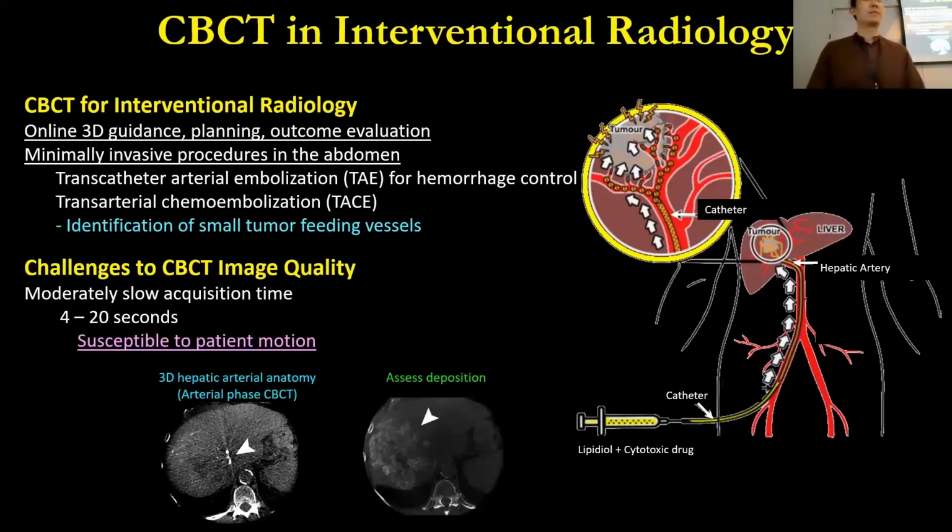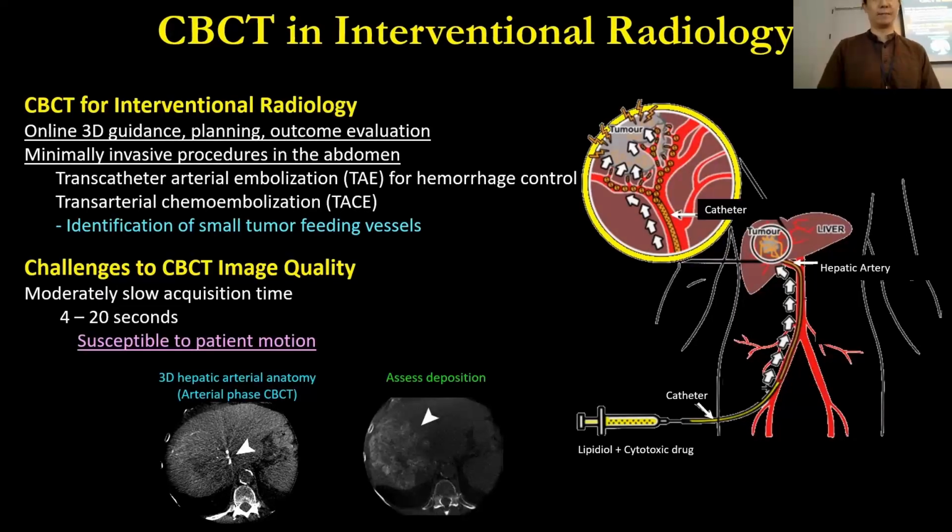So cone beam CT has been increasingly used in interventional radiology, such as minimally invasive procedures in the abdomen, which include the transarterial chemoembolization, or TACE for short. A schematic of the TACE procedure is shown on the right. In such a procedure, the identification of the small tumor-feeding vessels is very crucial. However, cone beam CT has a relatively long acquisition time, giving potential for patient movement, and that can degrade